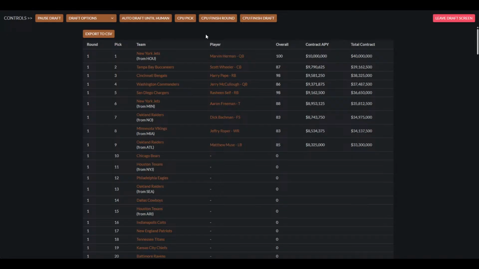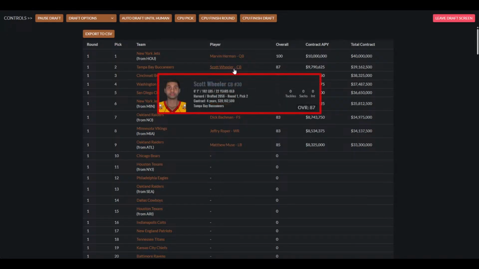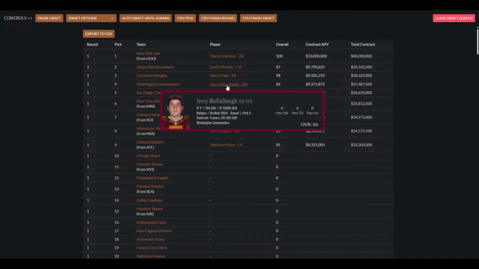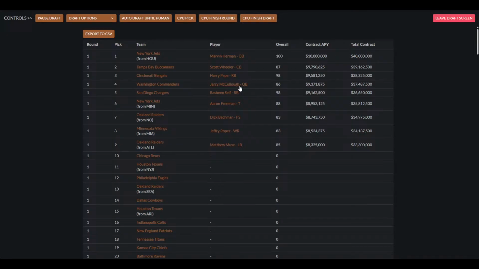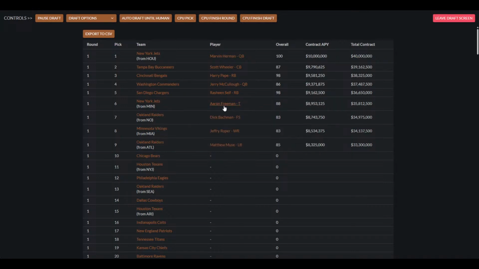So far, just quick recap. We had no shock Herman going at number 1. Again, really good quarterback for Kevin to build around. Pretty good character on him too. So he's not someone who's going to cause a lot of problems. Then Tampa Bay took Scott Wheeler, the cornerback out of Harvard. Cincinnati took Harry Pape, the running back out of UCLA. Washington Commanders took quarterback Jerry McCulloch, who is out of Rutgers. San Diego selected Rasheen Self, but then Rasheen Self was traded to Oakland for Theodore Irvin, who is a quarterback that San Diego picked. The Jets, with their second pick, took Aaron Freeman,